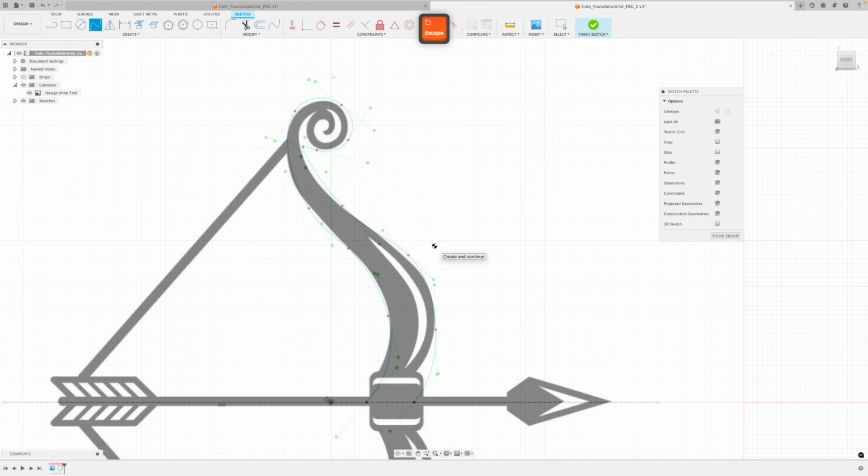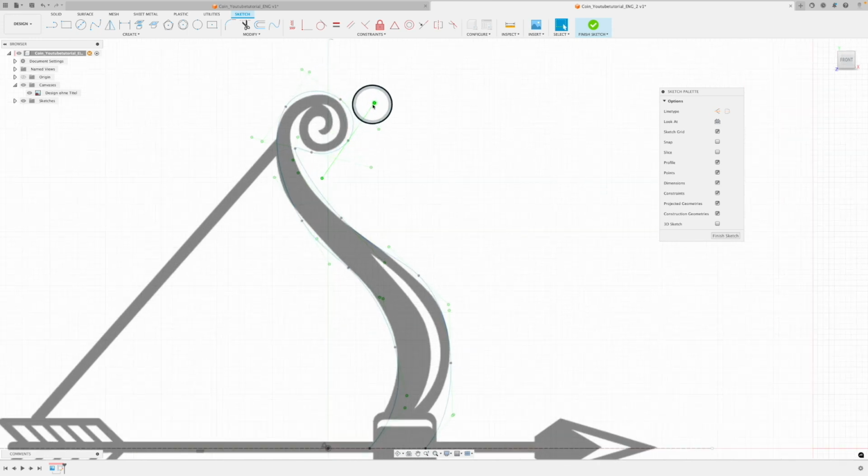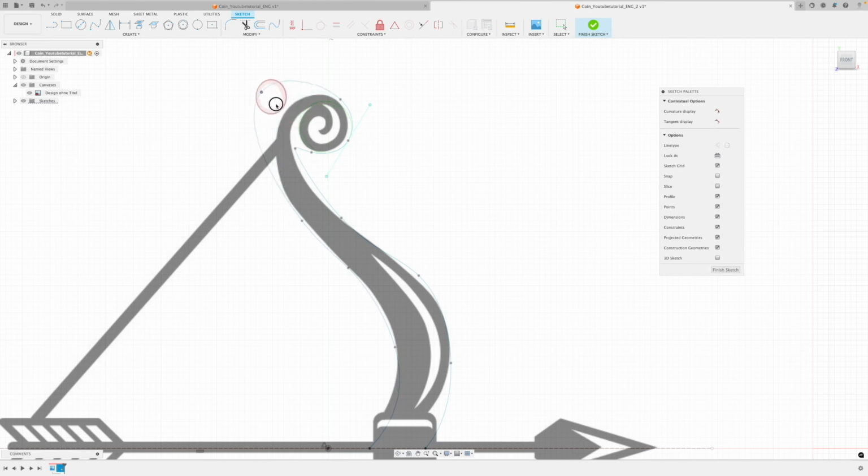And then hit escape, so you're not in that fit point spline mode anymore. Now you can see that you have these green handles on each of these points. These green handles indicate, if you move them around with your left click held down, you can see that the angle changes. And if you just want to move the black point around, which lets you move the whole spline around to change the curve,